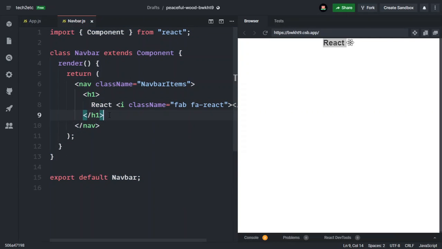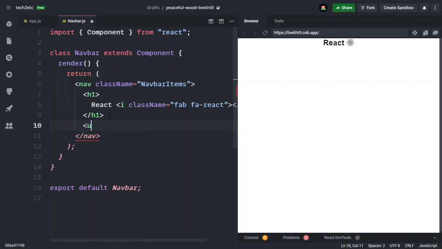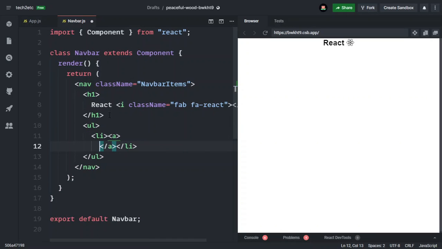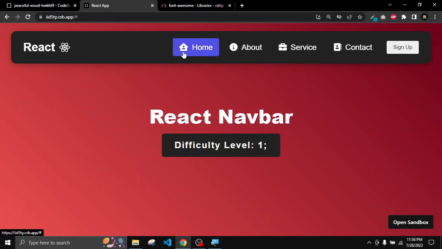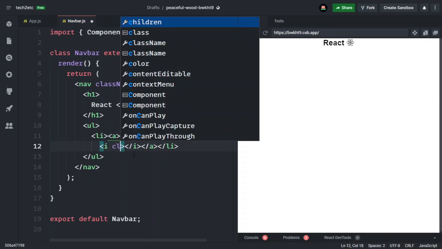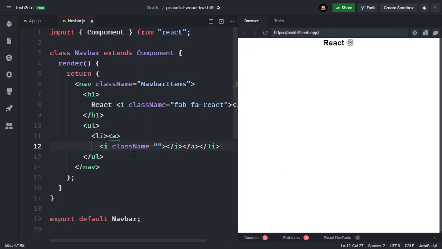So after our h1, now we have to create another list, and inside this list we have to create a list tag, and inside this list tag we have to create an anchor tag, and inside that anchor tag we have to add an icon. If I go to our website, here you can see that we have an icon. So for adding that icon, we have to add an icon tag, and inside that icon tag we have to add a class name. So the class name of that icon will be